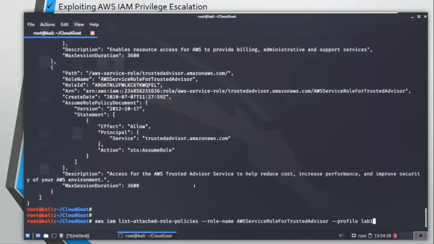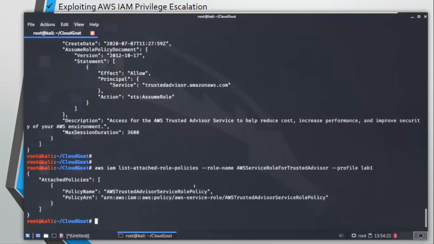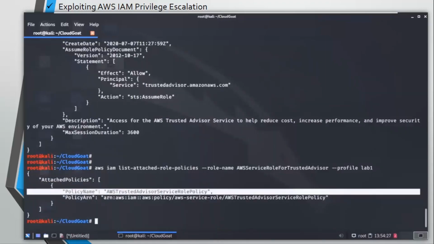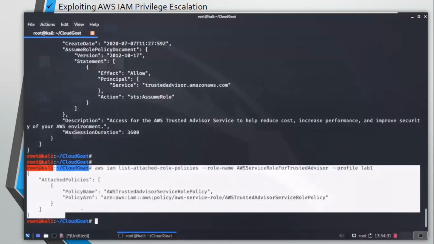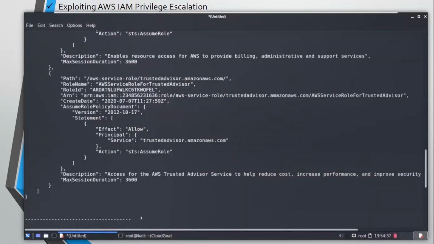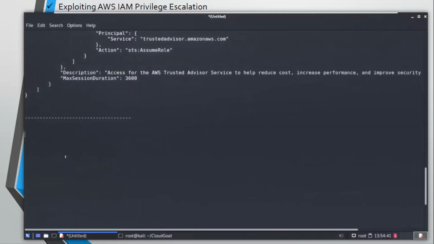Hyphen profile lab1, enter. Okay, so attached policies, policy name and policy ARN. I'm just going to copy paste this in case we find anything interesting related to this role in future. Currently I don't see anything that compels me to do anything with it.